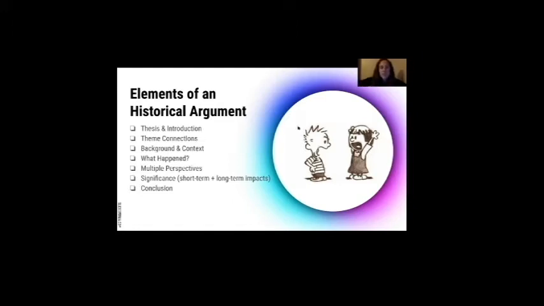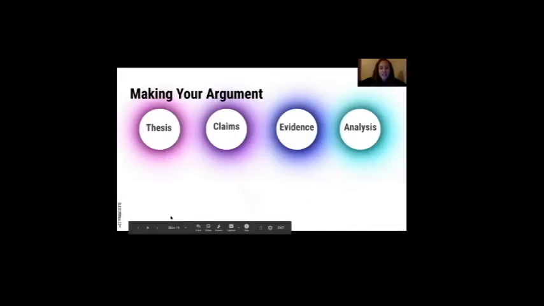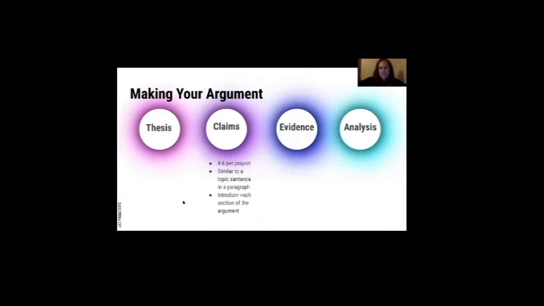So let's get into how exactly to do that. When I think of making an argument, I really think of almost like Legos or building blocks, where you're building something according to instructions, and there's a very set way to go about doing it, and make sure that you have all the pieces. So when you have your thesis, within your thesis, you have or should have 4 to 6 claims that you are making.